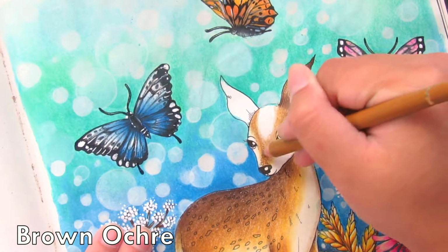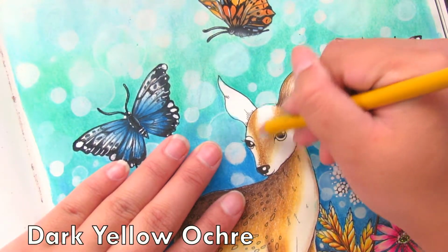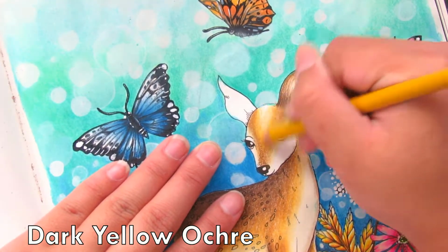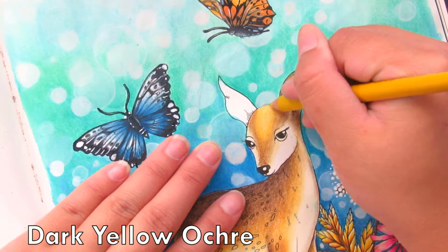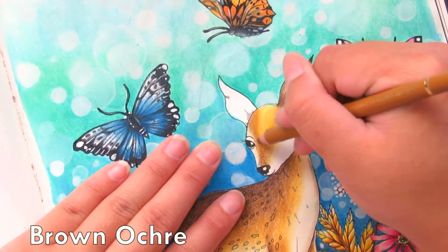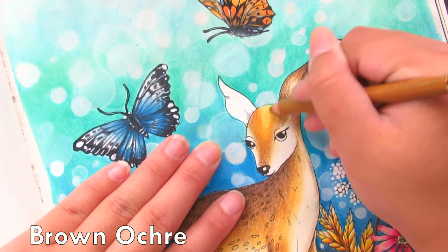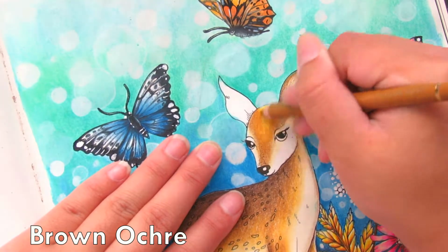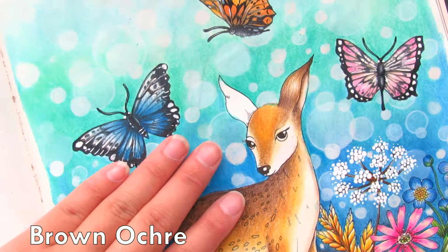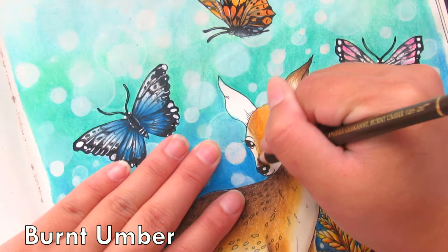And now I go in with the dark yellow ochre and just block in the colors. I don't do them very dark, but I block in the colors, and then I go in with the brown ochre again and go over the dark yellow ochre from earlier. I just add it now, and it creates a really nice golden brown fuzz, and I just love this color so much. And now I go in with the burnt umber and add in a lot,